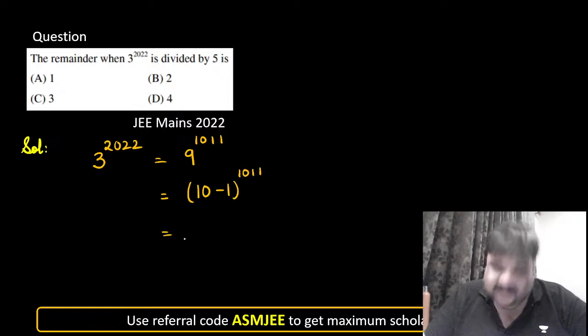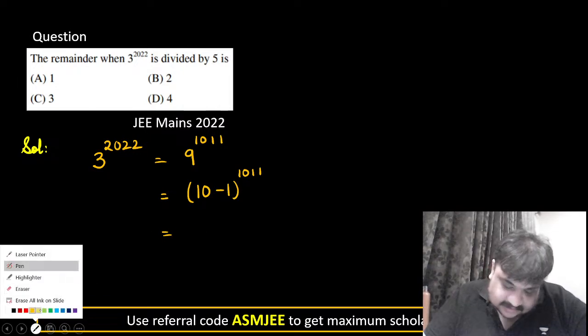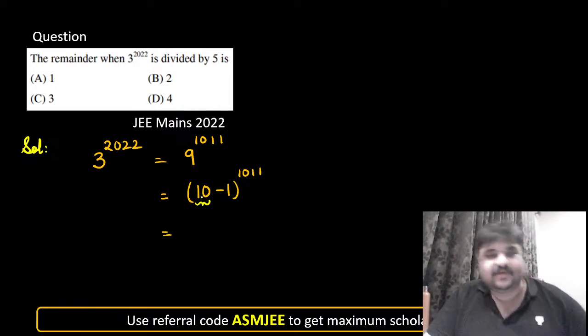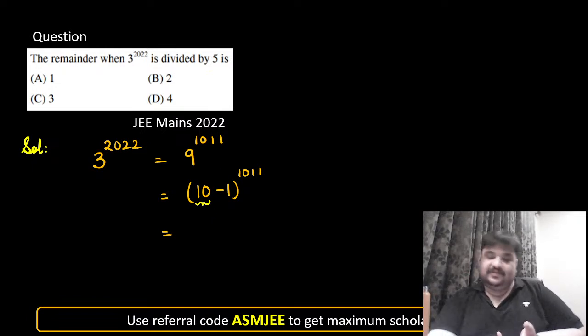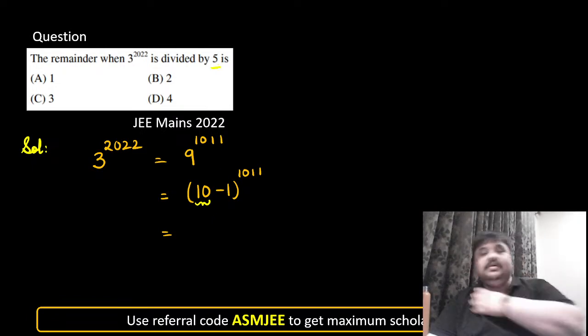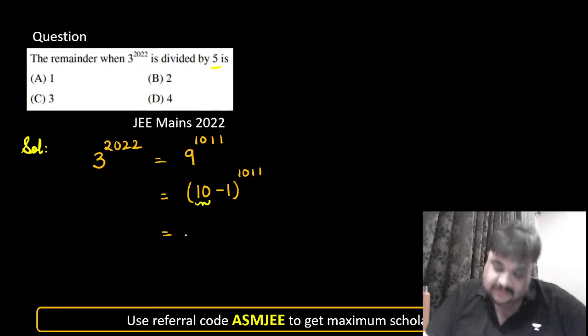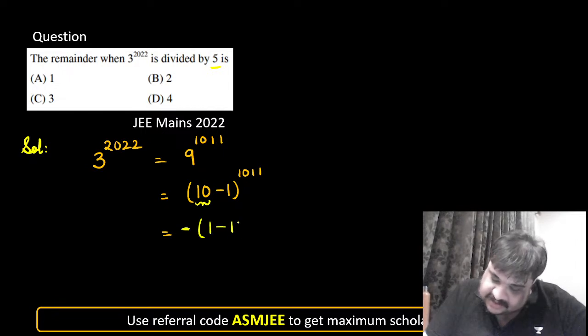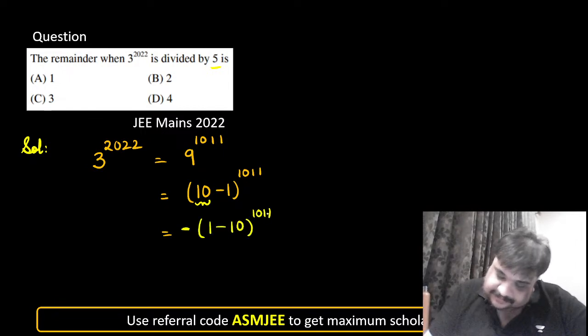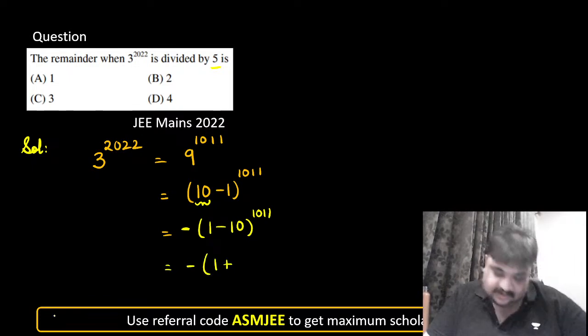So why is this 10 beneficial? Because wherever 10 comes in the binomial expansion, 5 will also be there, because 5 is a factor of 10. So when you expand, you can write, take minus common also. So 1 minus 10 raised to power 1011. So it will be minus of 1 plus 1